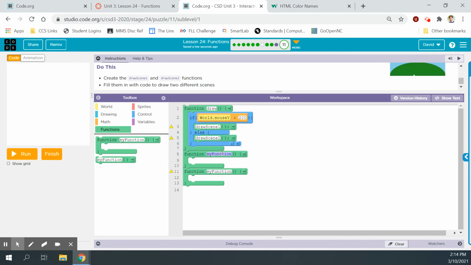So on this first one, draw scene 1, making sure I capitalize that S to match, and draw scene 2. And it's checking if my mouse's Y position is greater than 200. So if it's down here, it'll draw scene 1. If it's up here, it draws scene 2, I guess. Okay, so